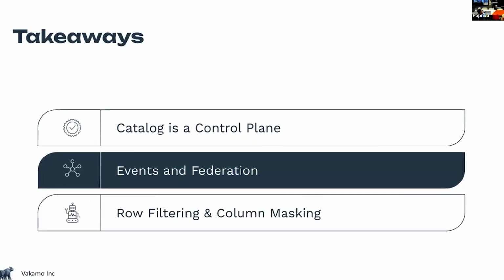Takeaways. So from my understanding, it's not a catalog anymore. It's a control plane, because that's the entity that controls everything on top of your lakehouse. If you want to read, if you want to change, you want to give access, you want to create vended credentials, et cetera. So doesn't really matter. If you need something from your warehouse, you will run to a catalog. What's the location of my table, or can I read that table, etc. And I think if we will add more file formats, and we will add not just analytical use cases, but AI use cases, that part is going to be even more critical.